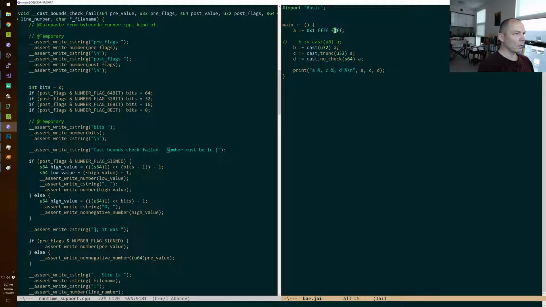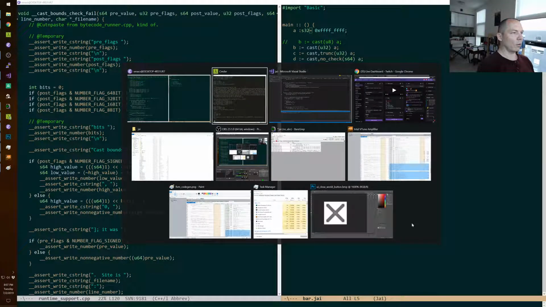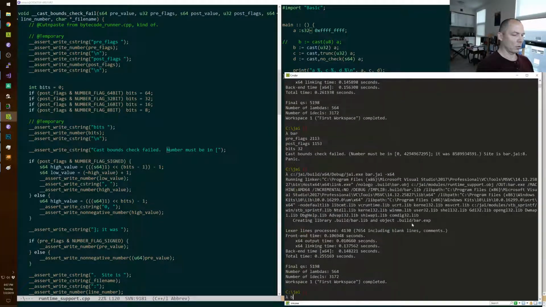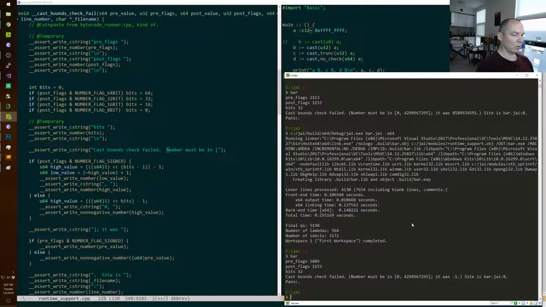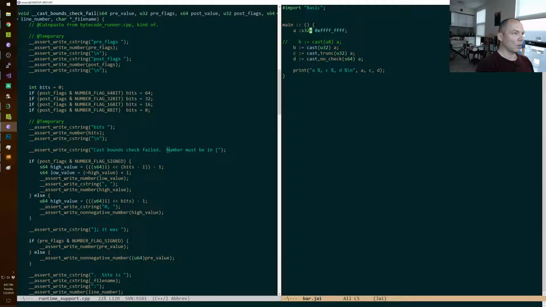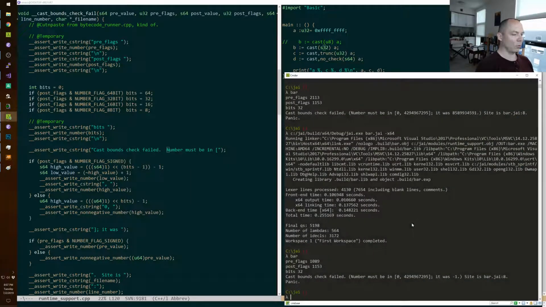Okay, but if we fit it, okay, that should not fit into U32 either. Indeed. What if it's U32 and we try to cast it to S32?